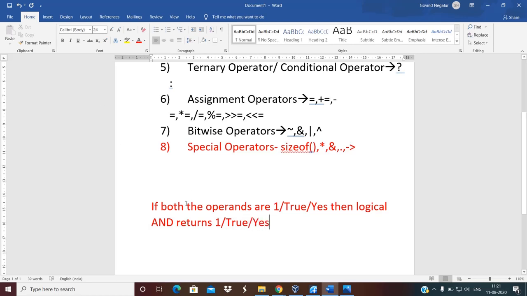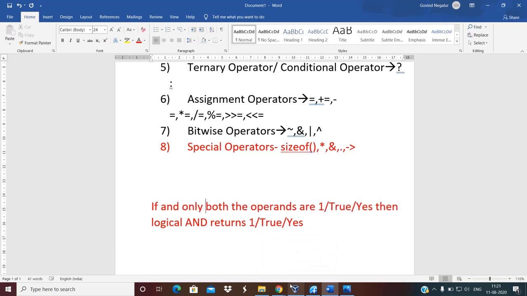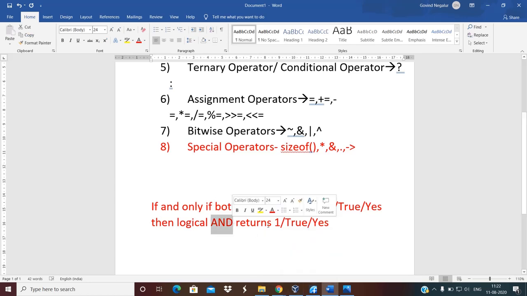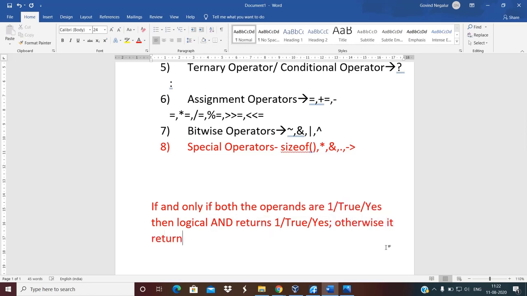Okay, it should be: if and only if both the operands are 1, then logical AND returns 1, otherwise it returns 0. What does 0 mean?